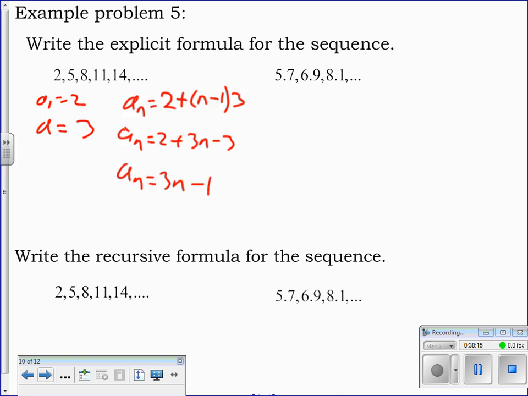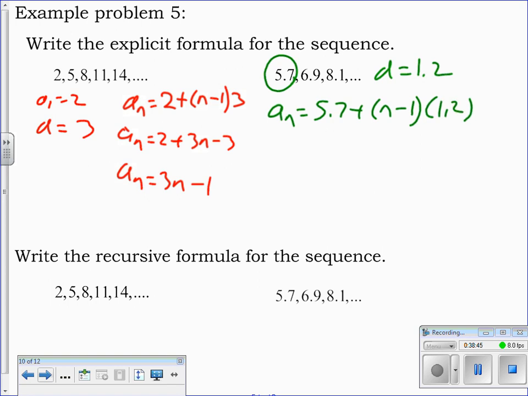Same thing on this one. A sub 1 is 5.7. My D is, what is that, 1.2? Is that right, 1.2? Yeah. I screwed up so much, I want to check. So A sub n equals 5.7 plus n minus 1 times 1.2. Distribute and combine like terms. A sub n equals 5.7 plus 1.2n minus 1.2. A sub n equals 1.2n